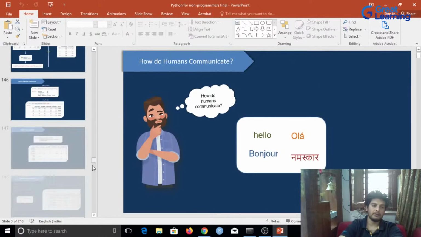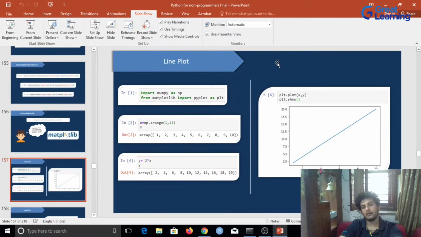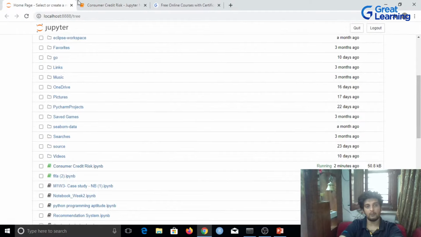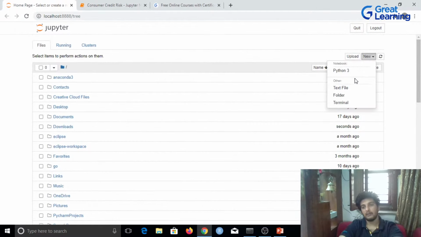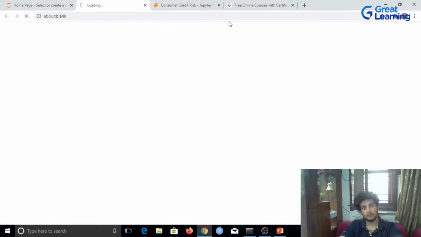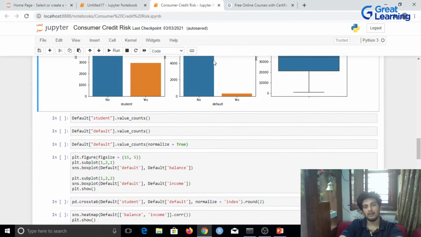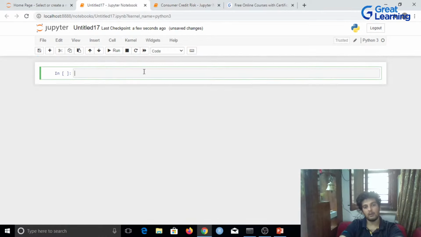What we'll do right now is a bit of visualization, and we'll be working with the Matplotlib library. Over here, I'll open up a new Python notebook. There'd be many scenarios where you've done your analysis, but after you do your analysis, you'd have to make a plot for the same. When you have to make a plot, you would have to work with some visualization libraries. In the previous one, we had worked with Seaborn. Now we'll work with Matplotlib.